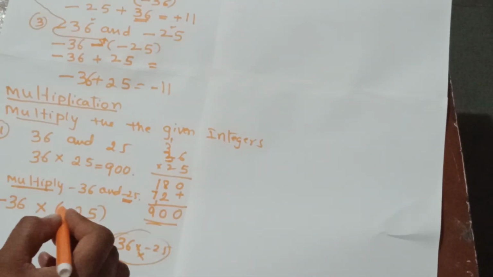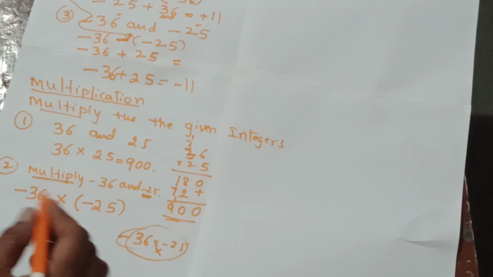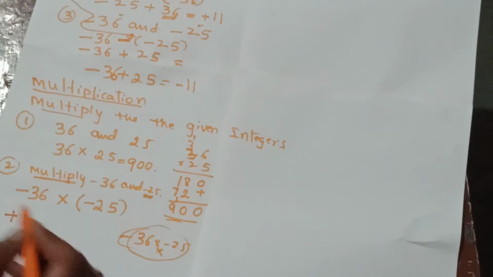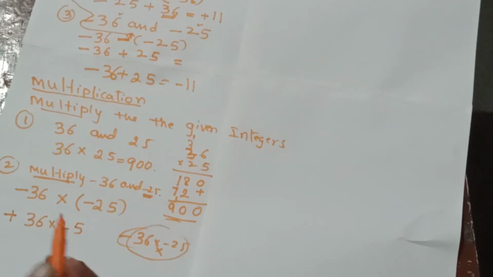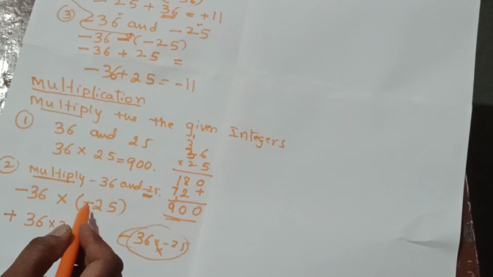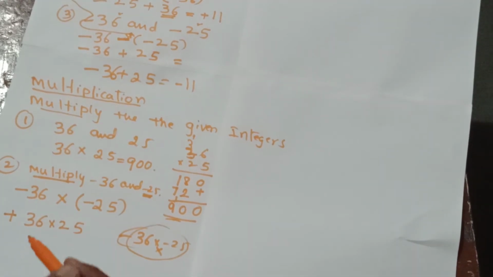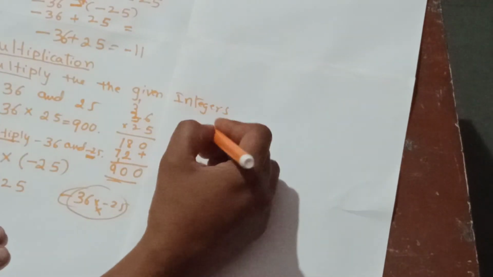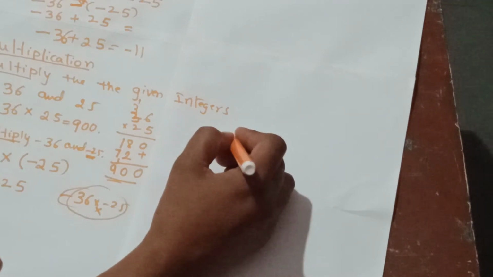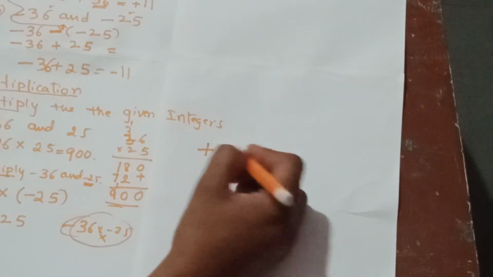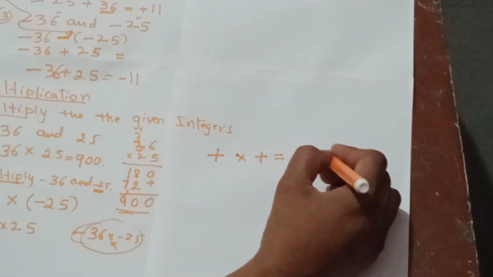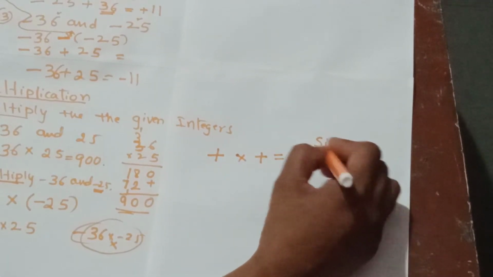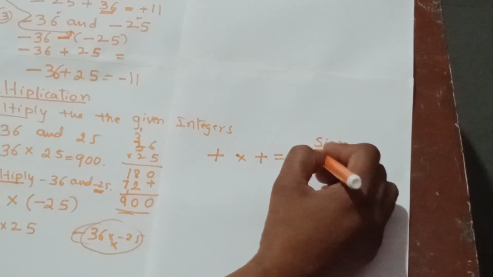As we know here, multiplication of a negative sign with a negative sign makes it plus. Here 36 into 25, very interesting thing here, and very simple. It is not like the addition and subtraction of numbers, because here the table is something like this one. The table changes here, multiplication of plus into plus is equal to plus. Here we are discussing about the signs, the sign of the answer it shows here.